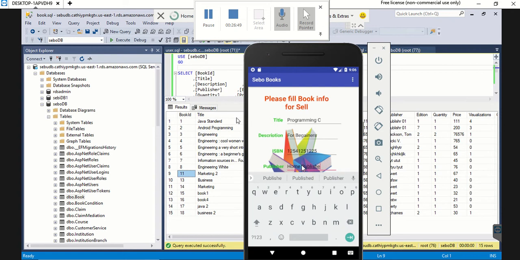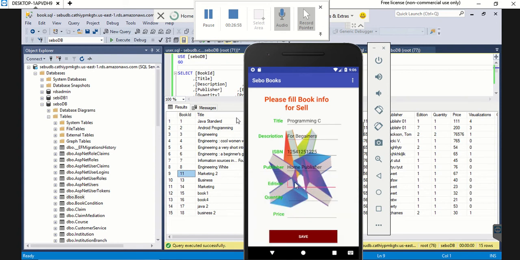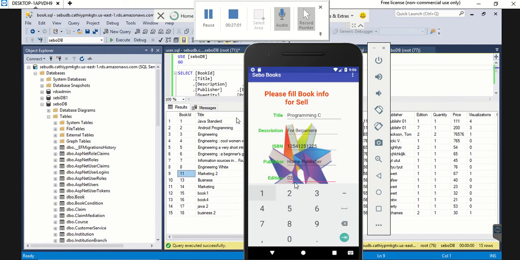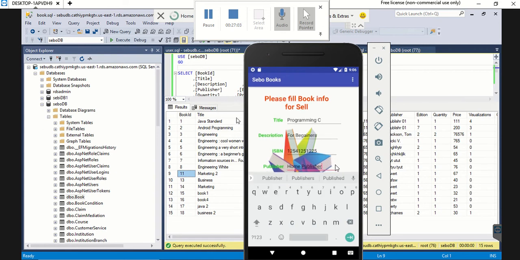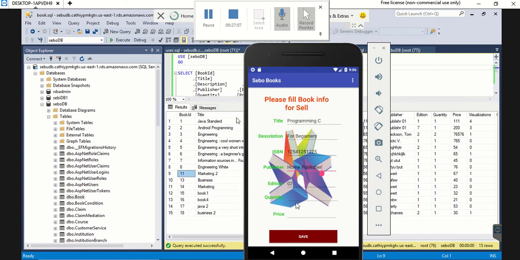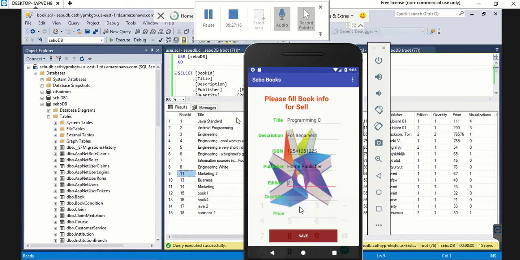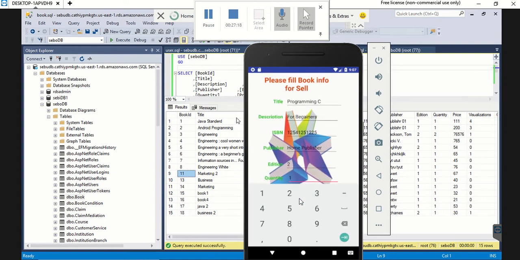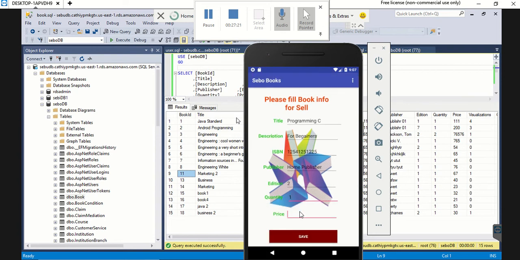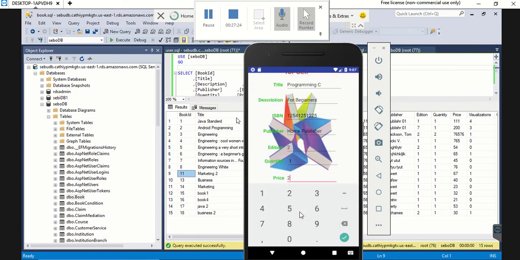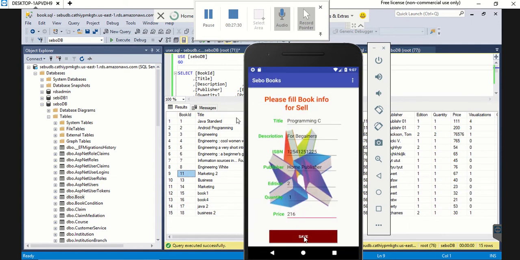Okay, home publisher. And then the edition is 1 to something. The edition should be 2, use the second edition, so not 0. Then the quantity should be 1. And then the price is 226. And if we save it,